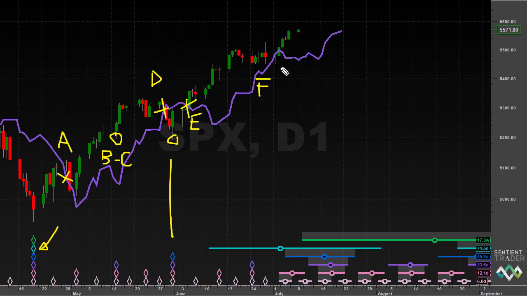So here is the big question. Have we just witnessed an anomaly in our sequence of interactions? That is not impossible. Does the 80-day cycle trough still lie ahead of us, centered where this nest of lows is over here at the end of this week or the beginning of next week? Or is it possible that the 80-day cycle trough formed over here at the beginning of last week, right above the circle for the 80-day cycle?